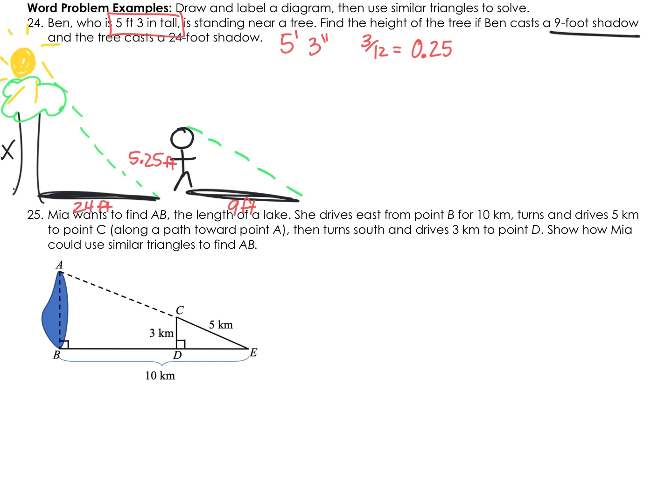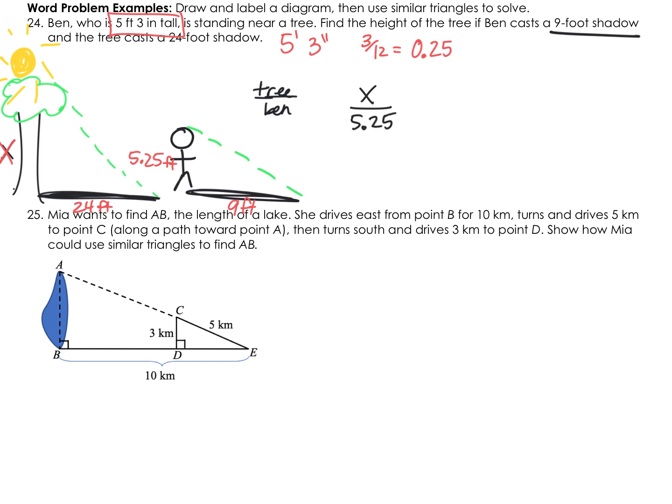Okay, this gives you a nice little picture. You could see what goes together, right? Now you just got corresponding parts. The hardest part is drawing the picture. So we're going to put these pieces together. Make sure you do, like, if I'm going to do tree over, what's this kid's name? Ben. Tree over Ben. Then I need to do that each time. So I'm going to do x over what goes from Ben. What corresponds to x? 5.25, his height. So the height of the tree over the height of Ben,